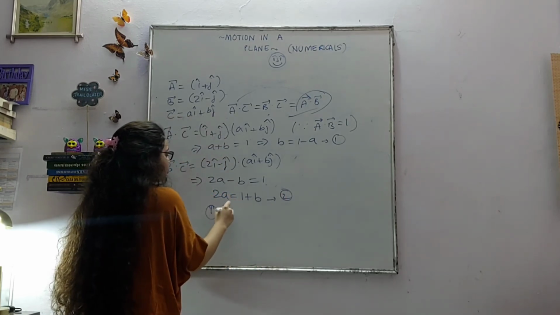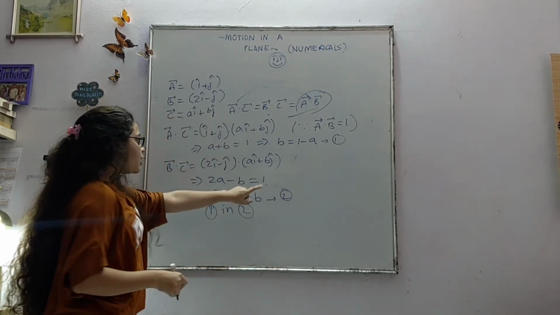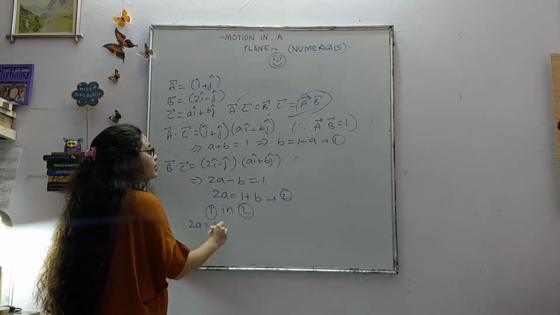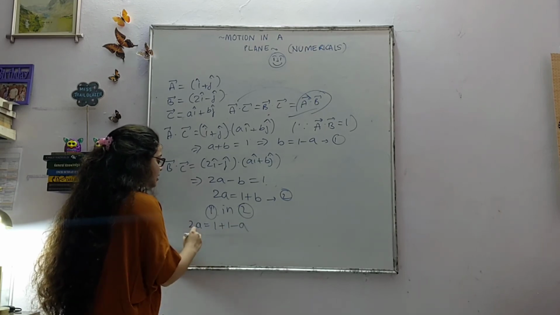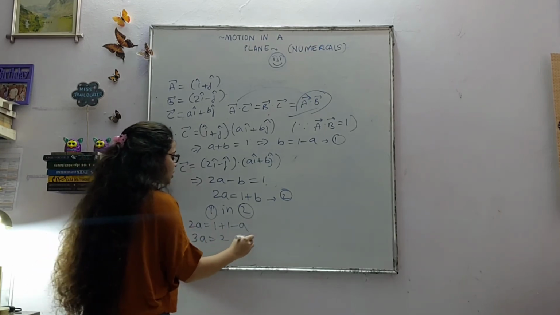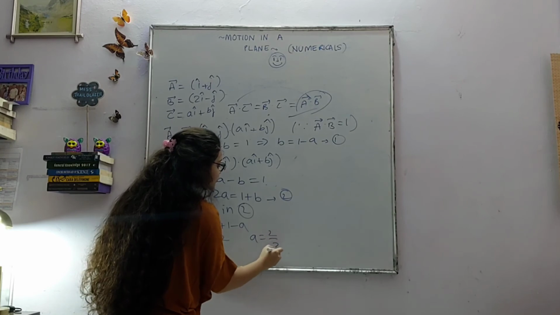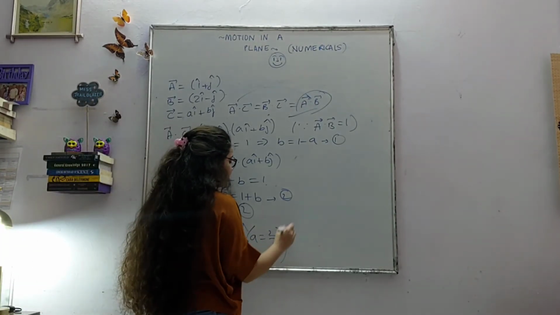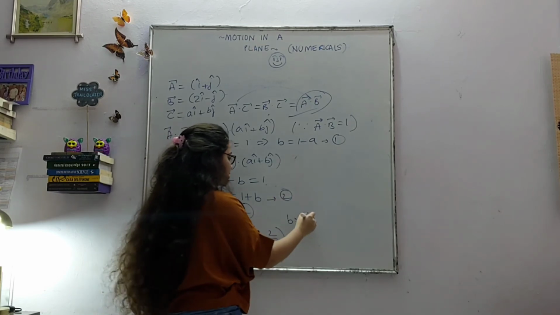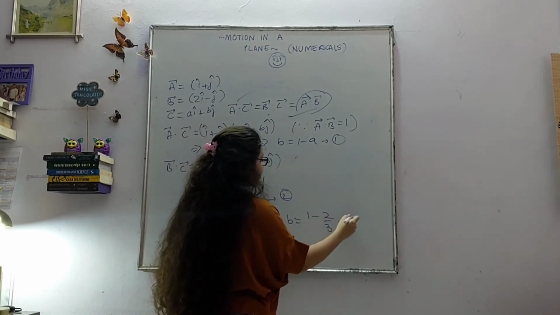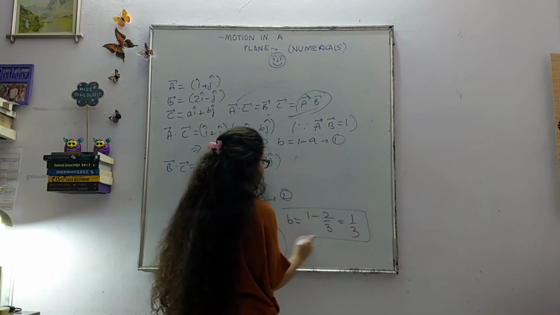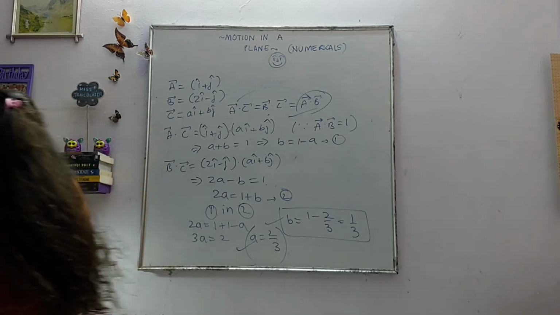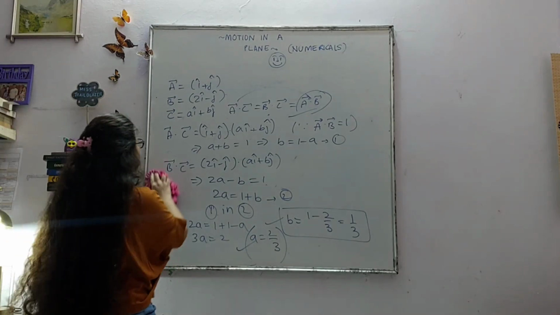So what do you have? b equal to 1 minus a, 2a equal to 1 plus 1 minus a. Take this, 3a equal to 2. So what is a? Is it 2 by 3? Yes, it is 2 by 3. Similarly, if you solve for b, b is 1 minus a, 1 minus 2 by 3. That is equal to 1 by 3. So now I have my a, I have b. 2 by 3 and 1 by 3. Alright, this question is going to be killed.